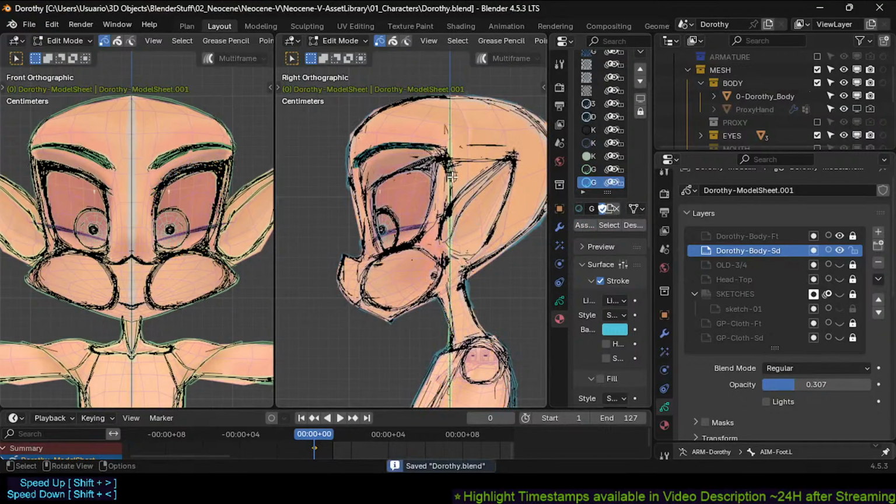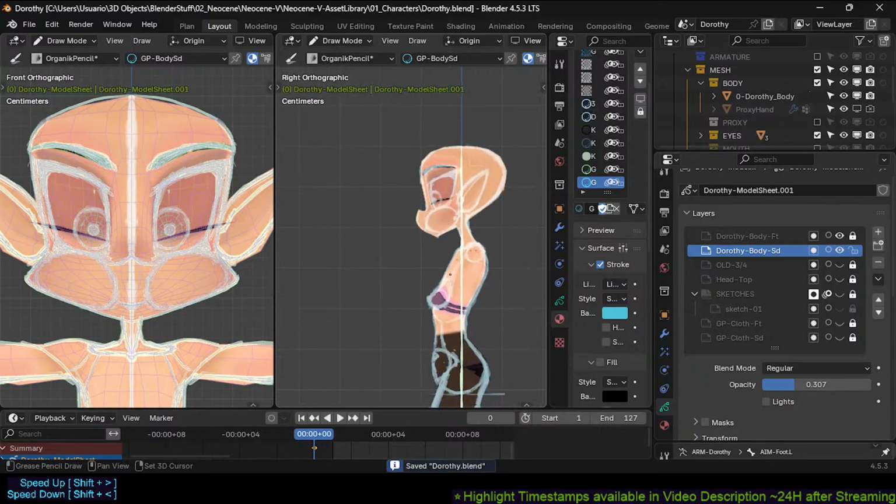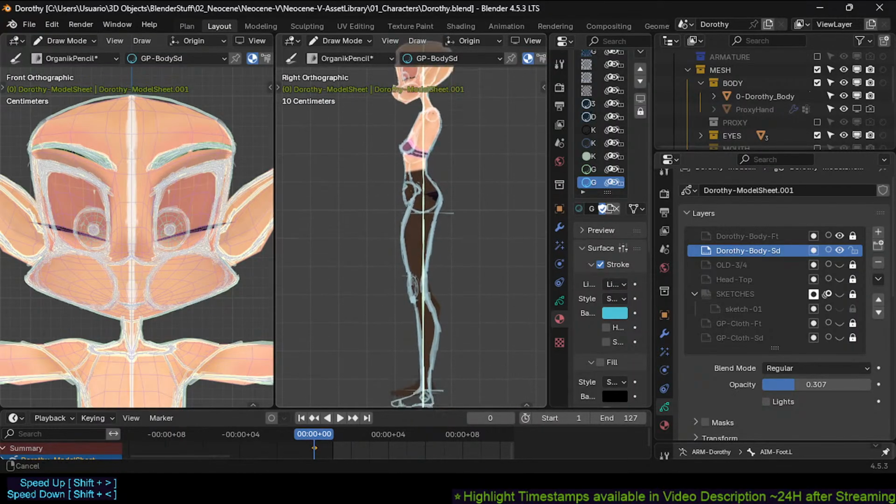There we go. Now what we could address here, now that this thing seems to have been properly adjusted,